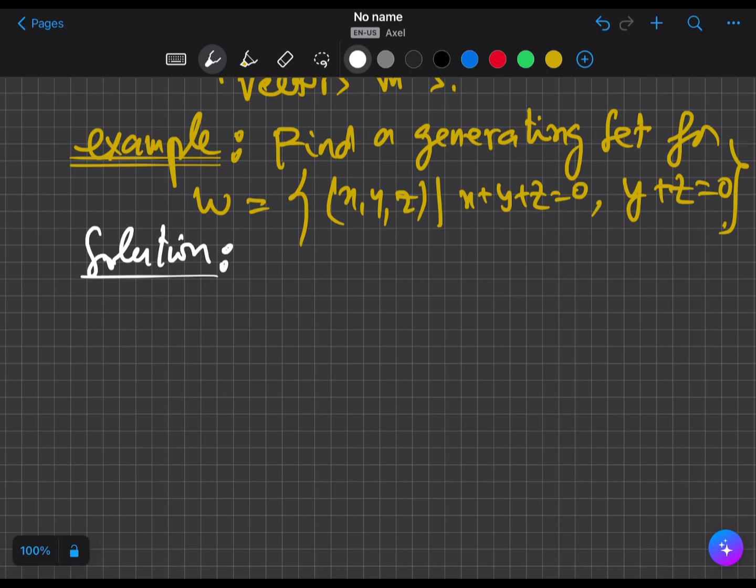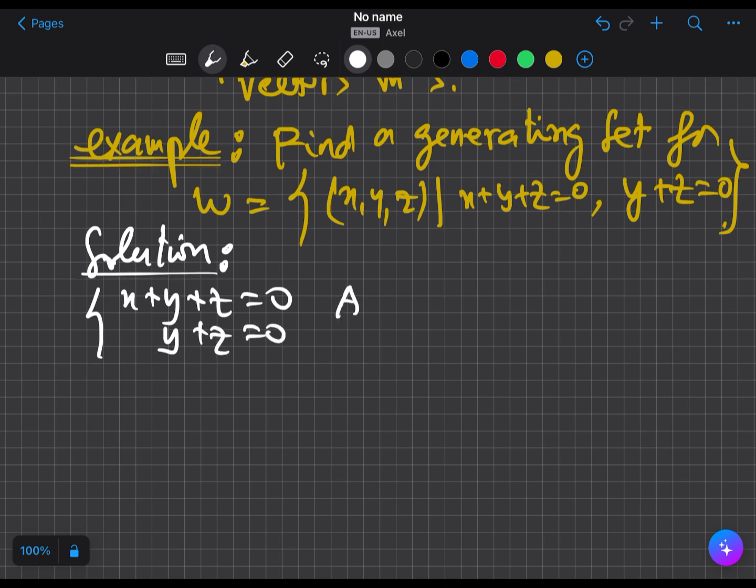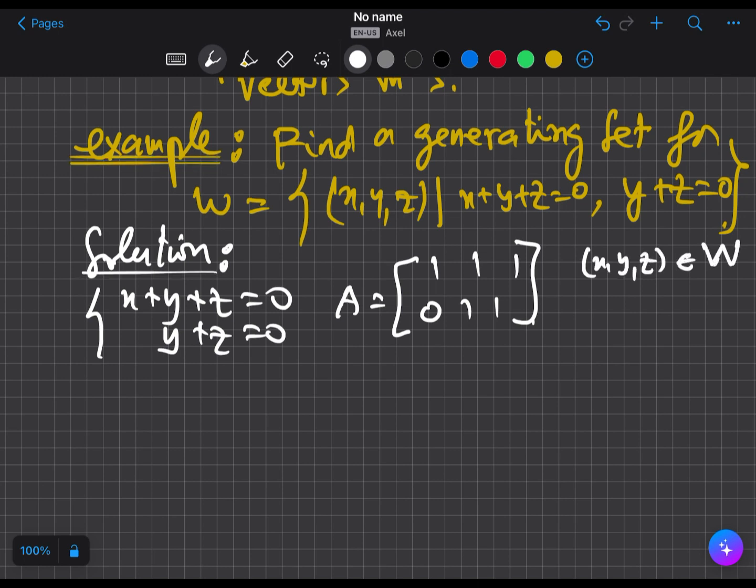We can write these two equations in terms of a matrix, because it is x plus y plus z equals 0 and y plus z equals 0. So we can extract matrix A, which is [1 1 1; 0 1 1]. Then note that (x, y, z) belongs to W,